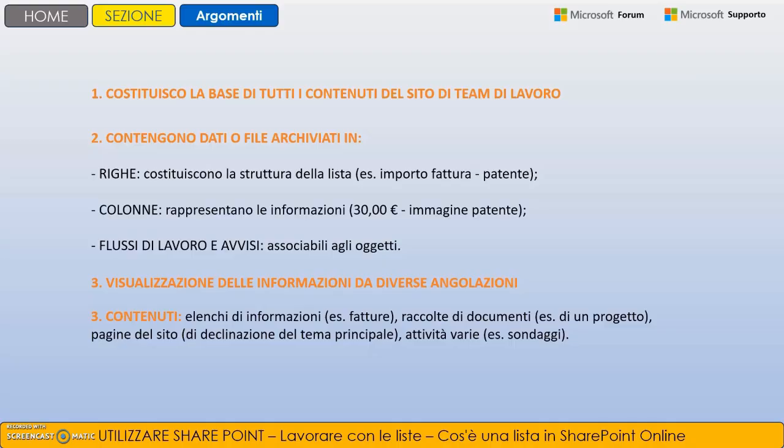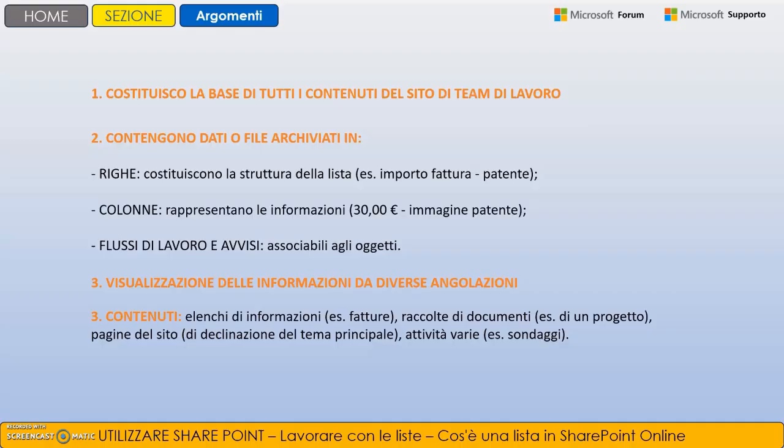file. For example, if we organize one of our cool tier events, then using the lists, we can create various flows and alerts directly from them, which can be associated with objects. 3 days before the invoice is due, a warning is sent to this email address, or workflows are triggered using Power Automate, as we will see in detail in a specific section, which are really essential for saving time at